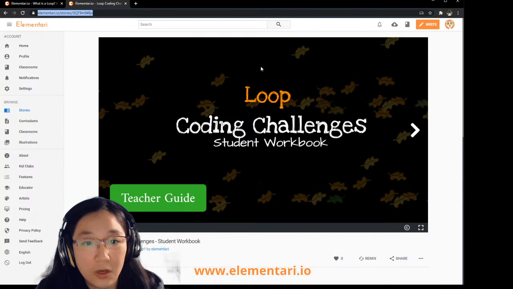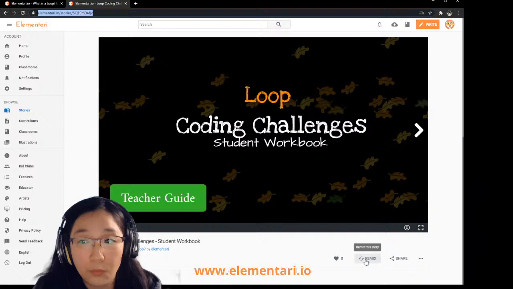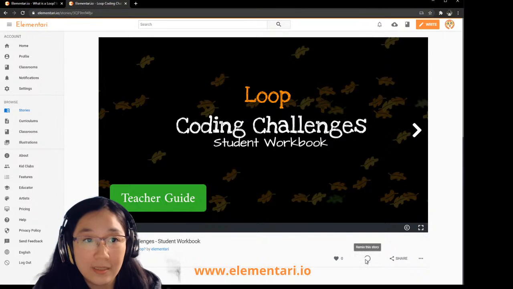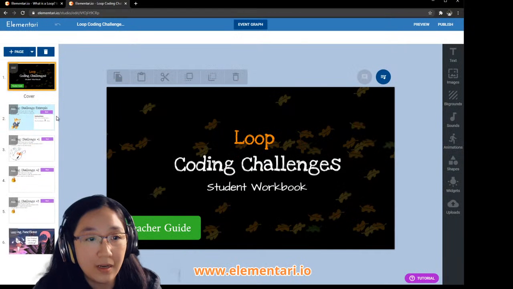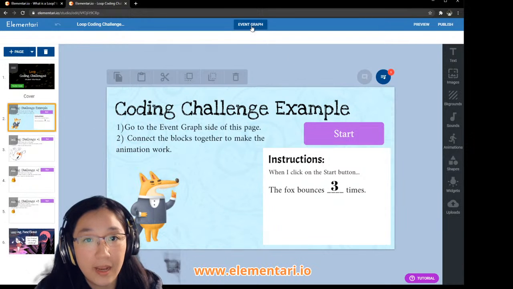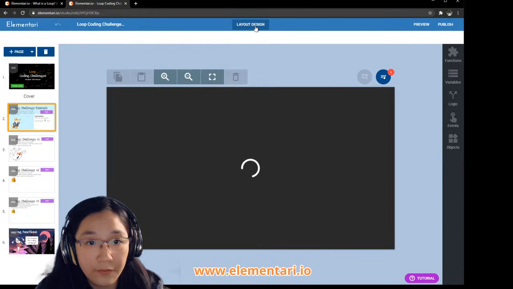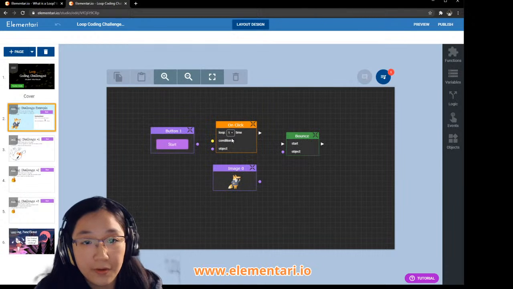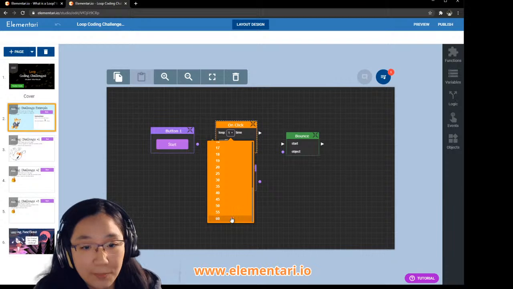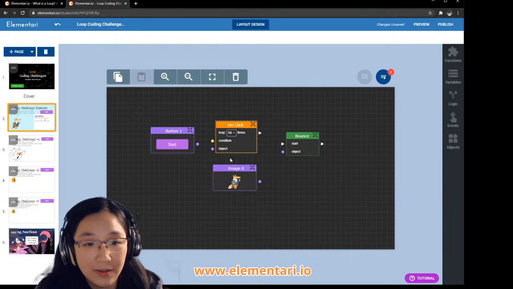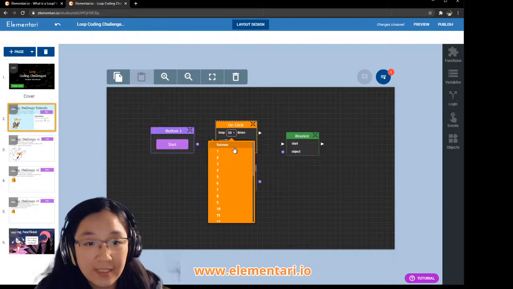So let's go into the student workbook. I'm going to click on remix to remix this story. This copies the story for you to work on. Let's go to this page, and I'm going to the event graph. You'll notice now I can click on one and I'll have a drop down. I can either bounce it forever or I can bounce it up to 60 times. So if I click forever,